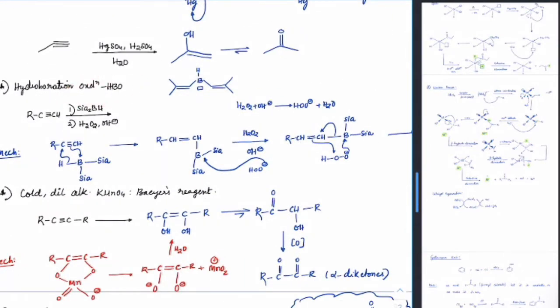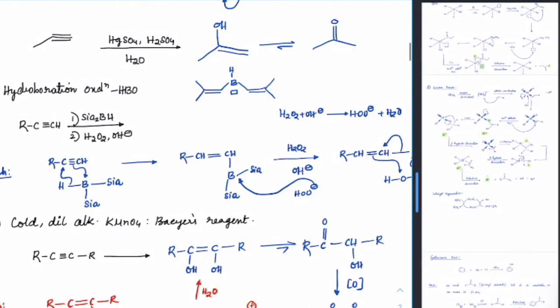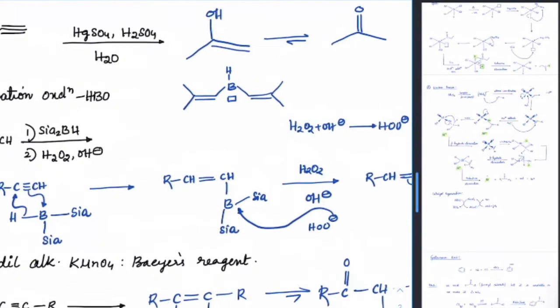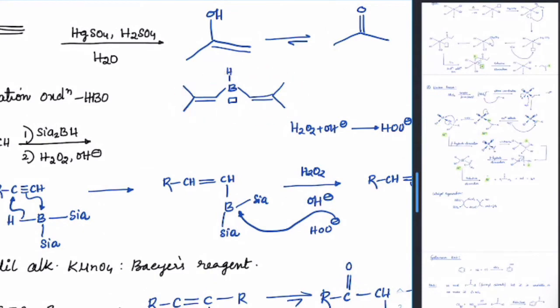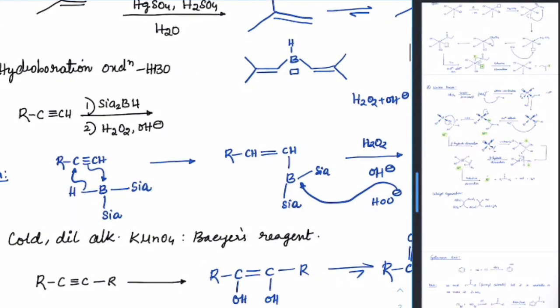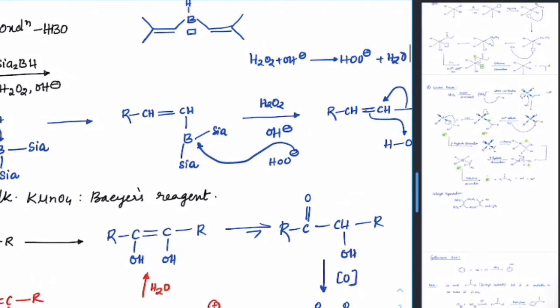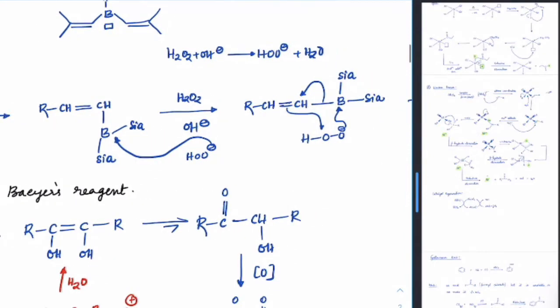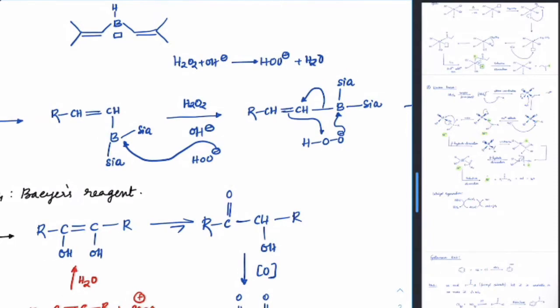Hydroboration oxidation: instead of using B2H6, what are we using now? We are using disiamylborane, secondary isoamyl boron hydride. So this is that structure. It has an empty orbital, so this pi will attack on that, and simultaneously H minus will shift here. The advantage of this is that it does not undergo further reduction, even though there is another double bond. We expect it might go for further reduction, but since it is sufficiently branched, it will not disturb this double bond.